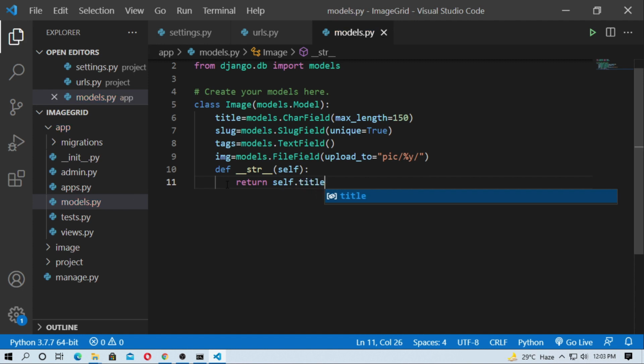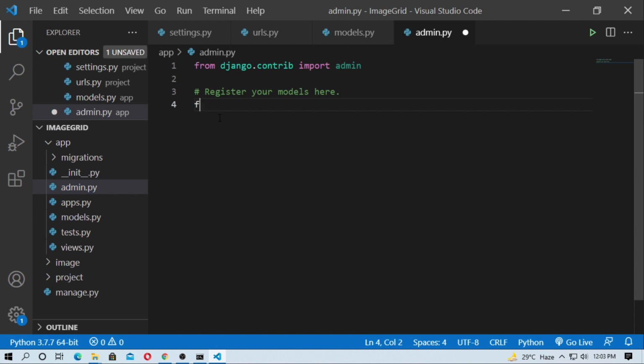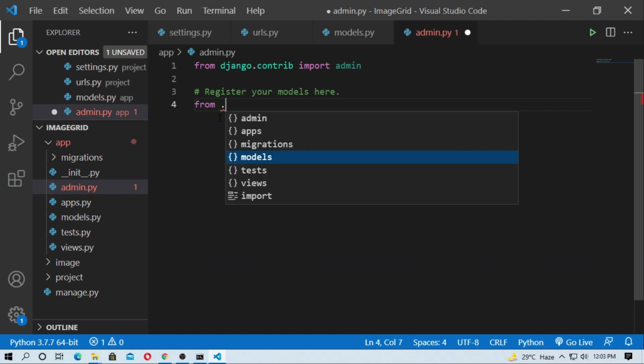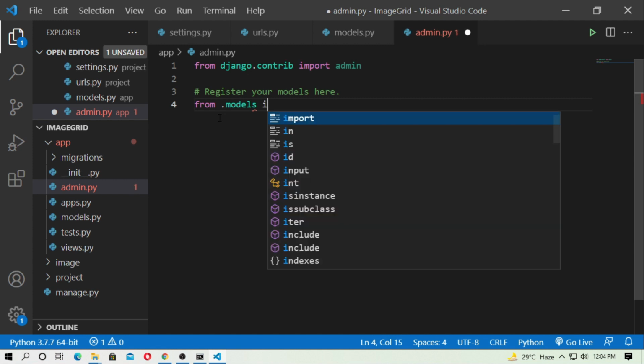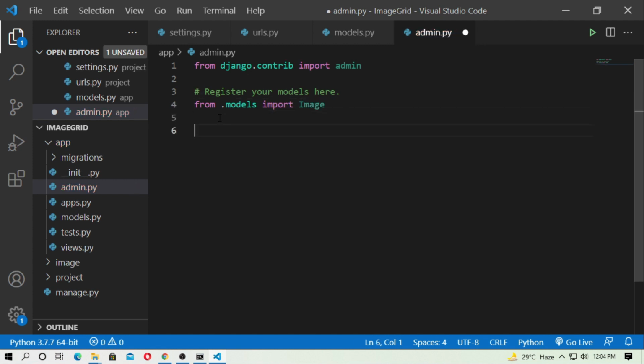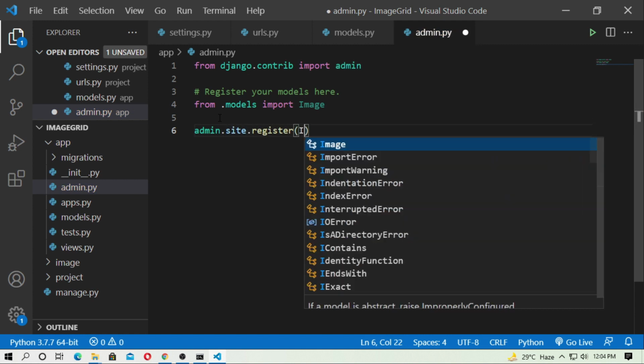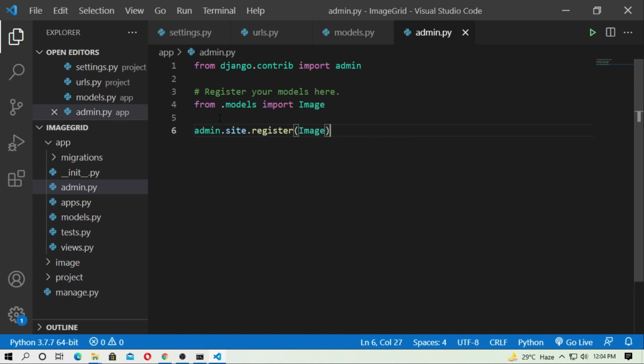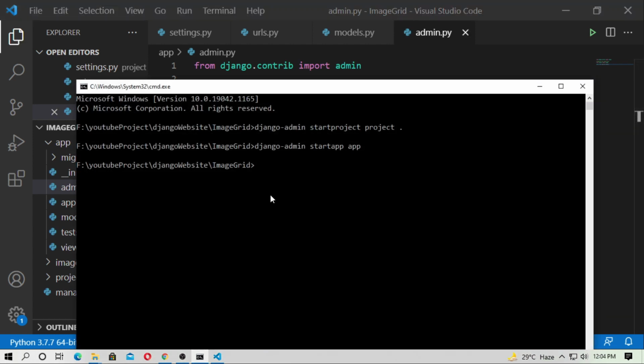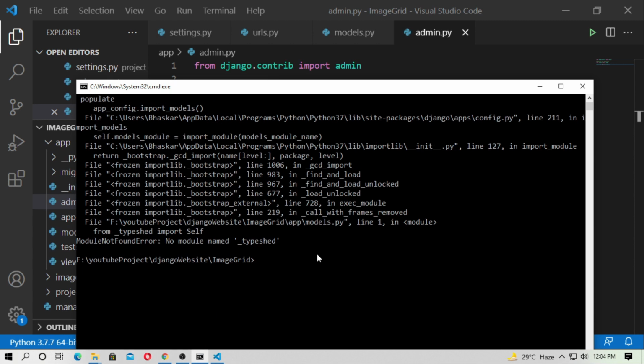Okay, so the model has been created. Just go to admin.py. Here you have to register the model. Just type from .models import Image, and now type admin.site.register, registering the model Image. Okay, so now just type python manage.py makemigrations, and here is the error in models.py line